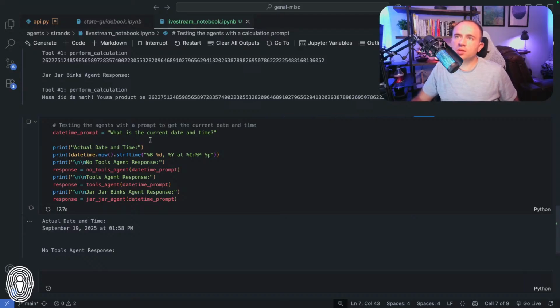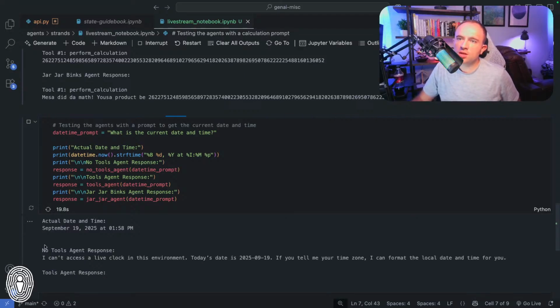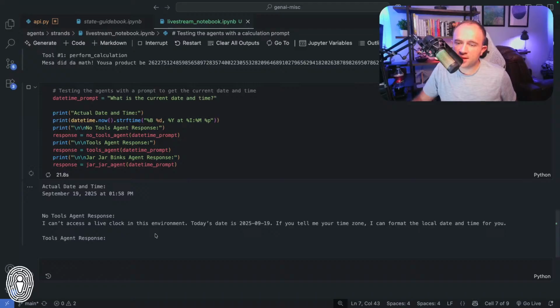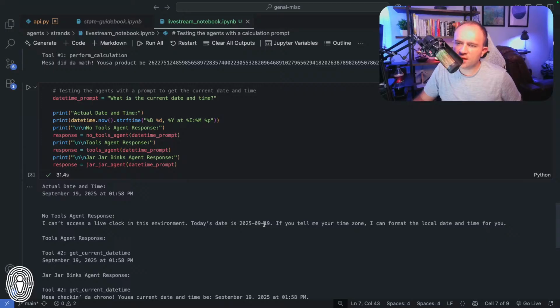time is. So let's see what the no tools agent has. You can see the no tools agent, because it does not have any tools, it knows the date, which is a little bit concerning to me, because I thought the APIs, specifically the APIs, did not have any sort of system prompt behind the scenes, but apparently there is some sort of system prompt for the GPT-5 that actually knows the date, but it does not know the time.